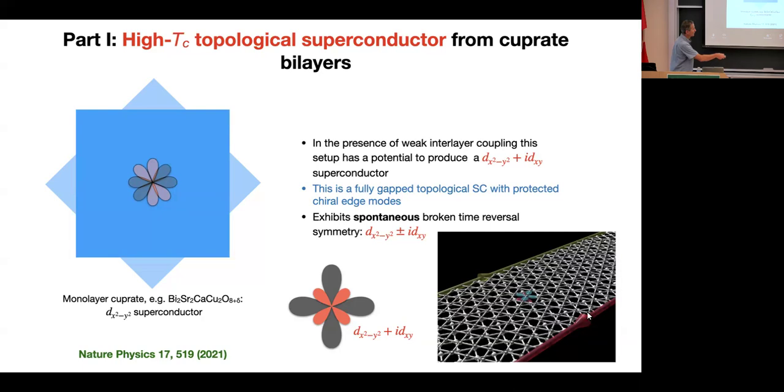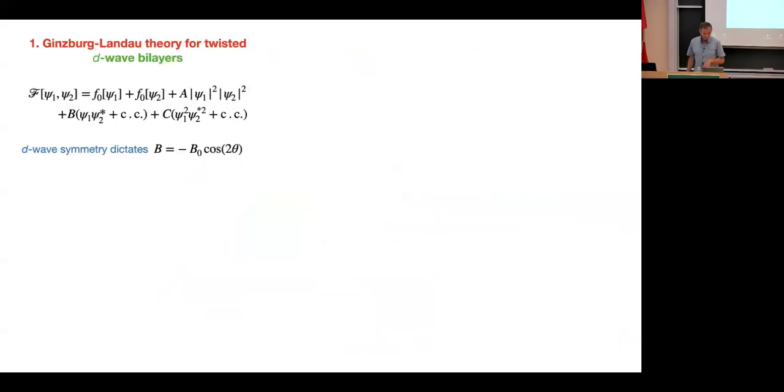So for instance, on this edge, I have an arrow pointing this way, meaning the edge mode moves in one direction, and on the other side, it moves in the opposite direction. And these are protected by the bulk topology because this has a non-zero Chern number, specifically plus or minus 2, depending on which of these two time reversal symmetry broken phases is realized. I will not do much math here today. It's early morning, but one can actually understand with very simple math why this happens. So I will go through that and then leave you in peace in terms of equations.